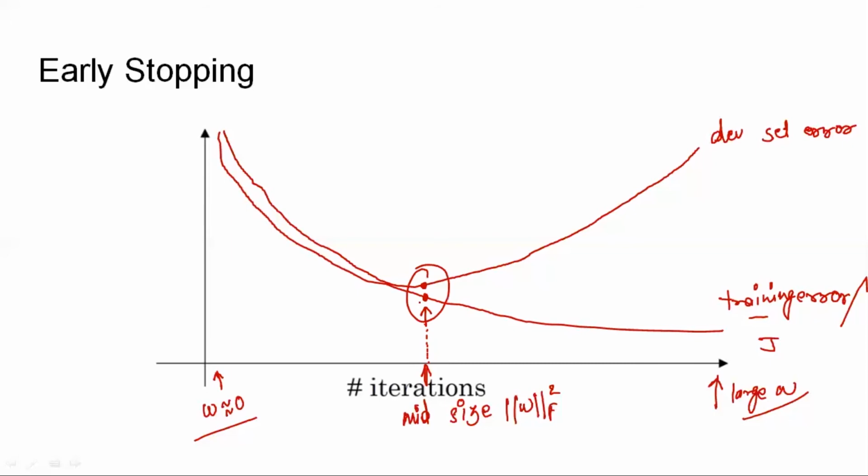Why? Because if I increase the number of iterations, then the training set error is going down, it is decreasing, but the development set error is increasing now. So at this point I have an optimal level of both training set error as well as development set error. This is actually the intermediate case that I am striving to achieve. So I need to capture this point, and this is the point where I would often get the minimal or optimal result.